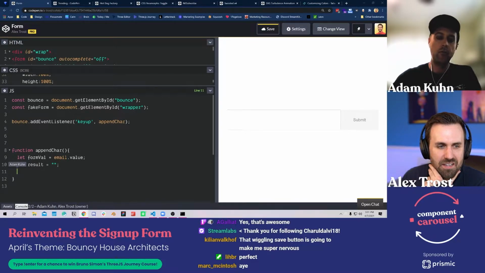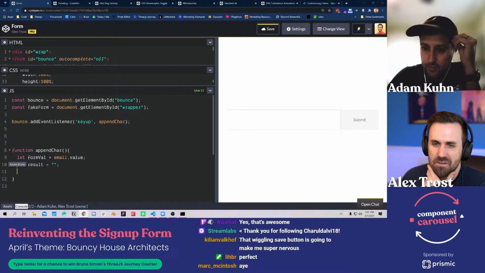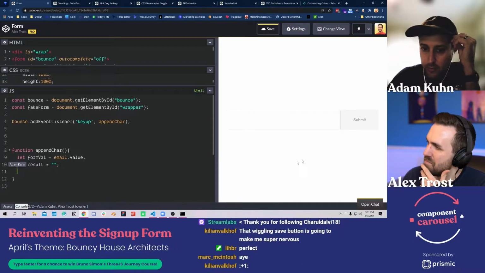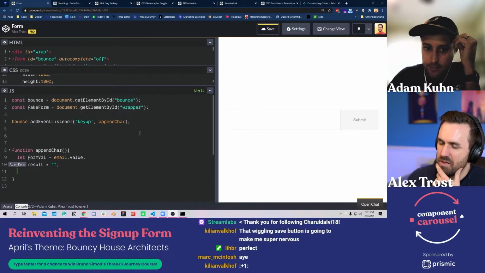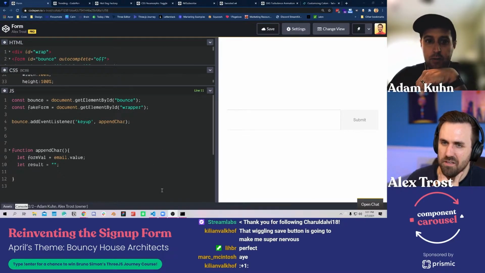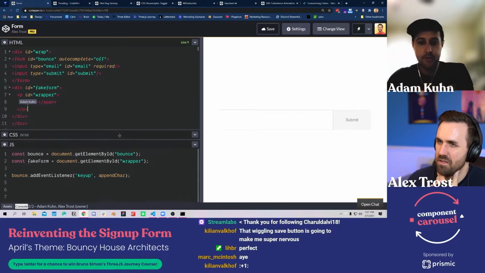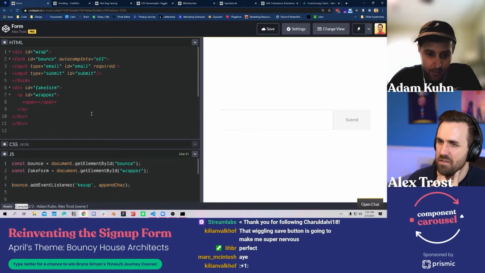So what we're going to do here is, ultimately I'm wanting to animate each of these characters individually, which means splitting them up into spans. So that'll be the next function that we work with, appending these characters so that what is now this placeholder span will be replaced by the characters that we're adding.